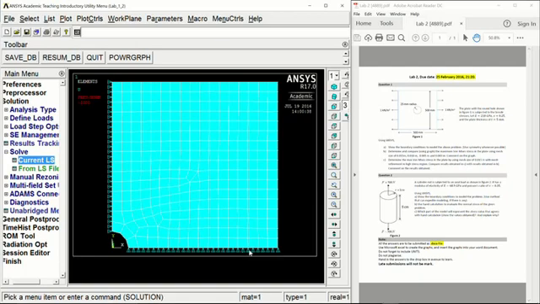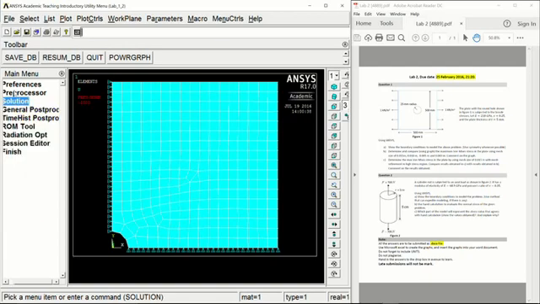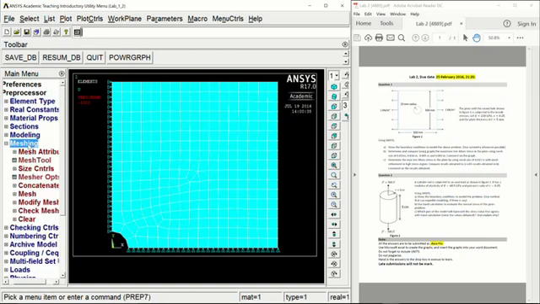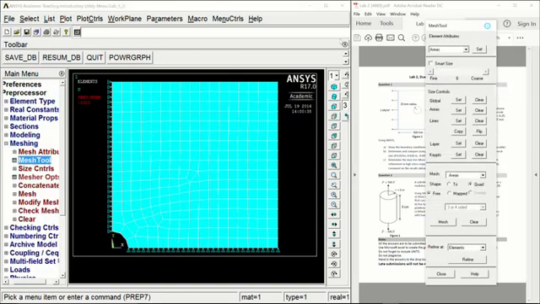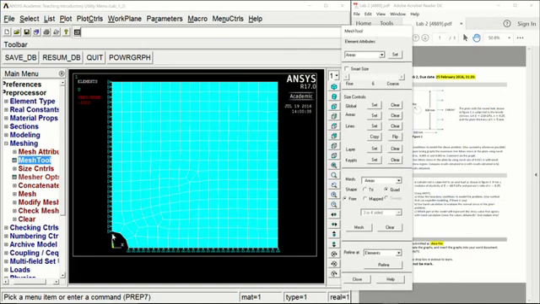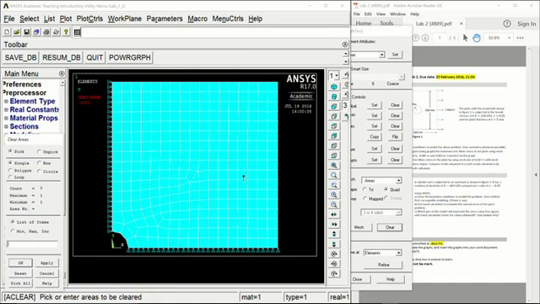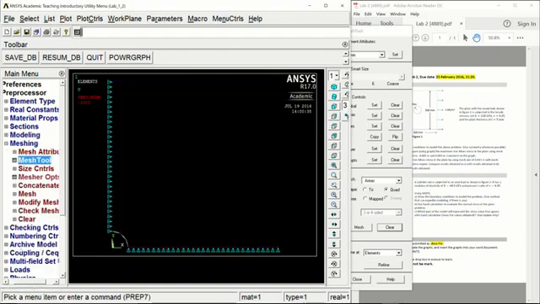Next, they ask us to graph the von Mises stresses using different mesh sizes. So to do this, all we have to do is change the mesh size and solve the model again. To do that, open up the preprocessor tab, go down to meshing, and then mesh tools again. And if you ever want to change the mesh size, let's say you made a mistake, or in this case, you want to keep changing it to see if the solution converges or not, you're going to simply click on the clear button here, select the mesh you want to clear, click OK, and that'll